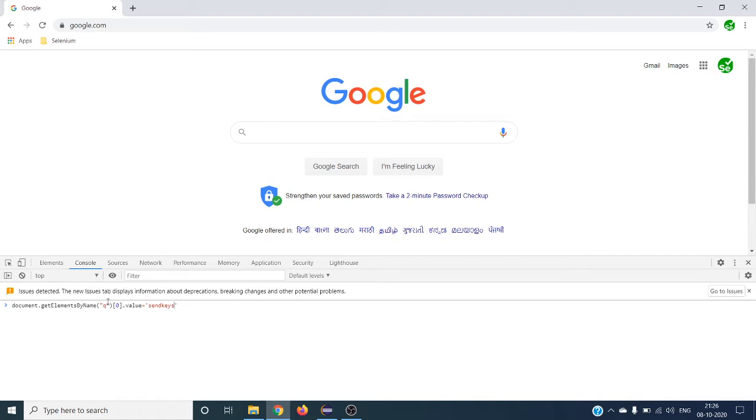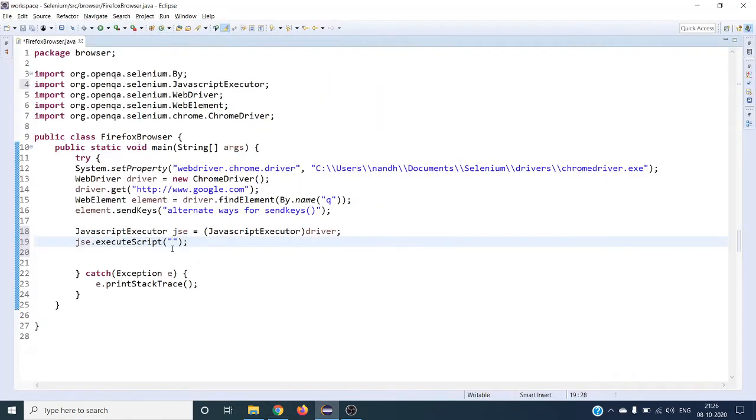This is the way we have to give over there. So I'm going to give the same in the Selenium script. If you want to verify whether it's working or not, just press enter. You can see here in the console it is typing the send keys. You can take the same to type from Selenium as well. You can give the same JavaScript over here. So this is one way that we can do it using JavaScript.